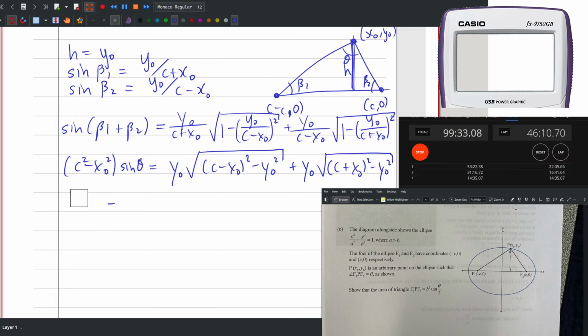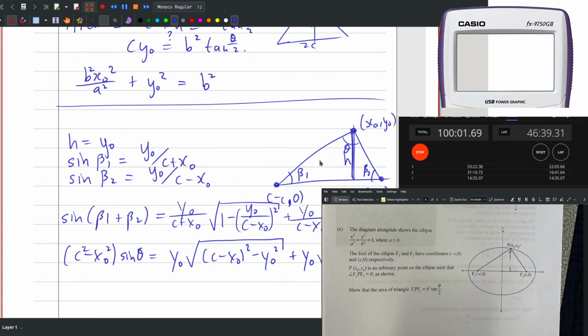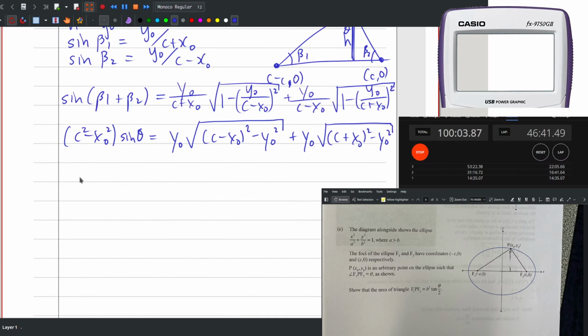Because tan of theta is equal to 2 tan theta on 2 over 1 minus tan squared theta on 2. But you can't get tan of theta on 2 out from that nicely, because it's a quadratic, so there's no nice solution. So you have to do it in terms of tan of theta on 2, unless